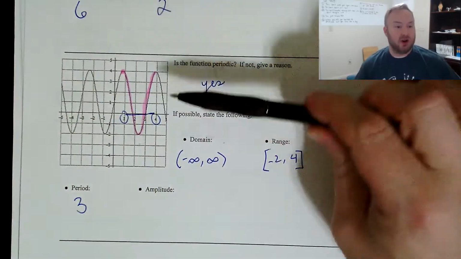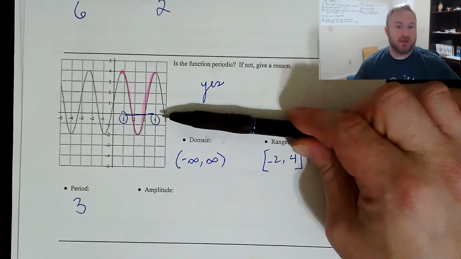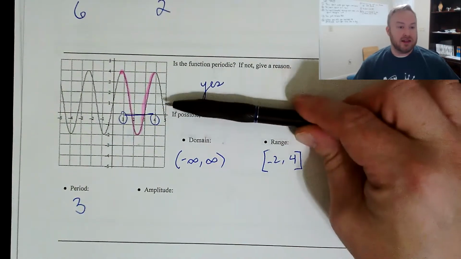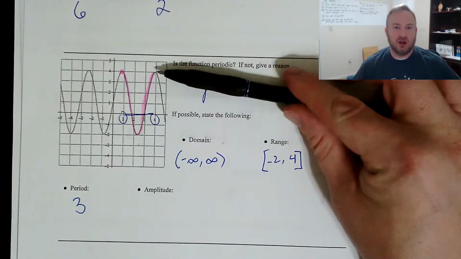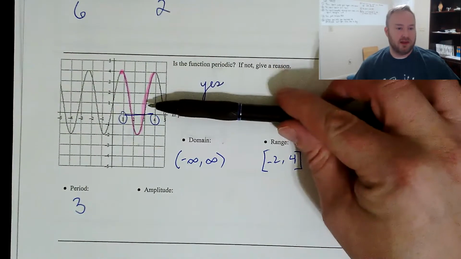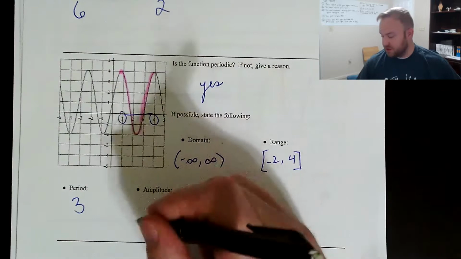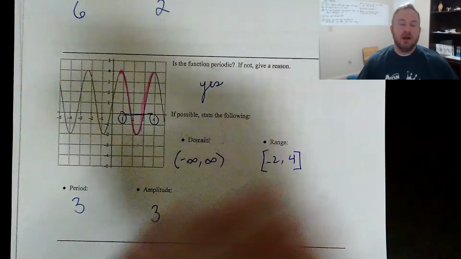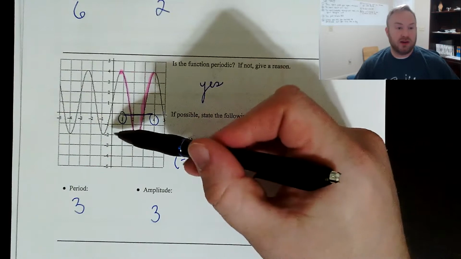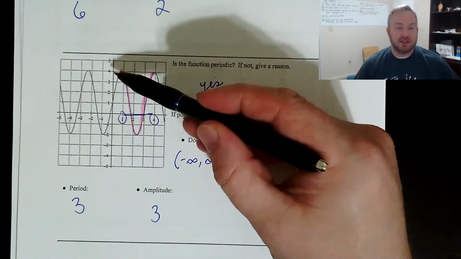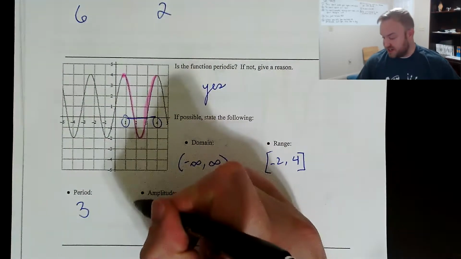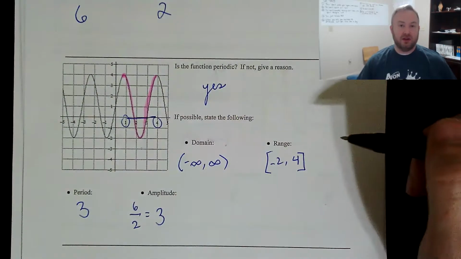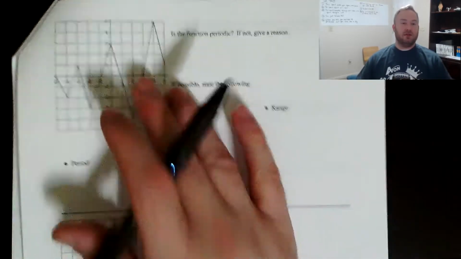As for the amplitude, on this one, the x-axis is not the midline of this graph. The midline is actually 1. If you want to figure out what that midline is and then count to the tallest point, that'll give you your amplitude. Like if my midline's 1, I go up 1, 2, 3, my amplitude is going to be 3. So if you want to do it that way, that's fine. But you might want to just go, okay, the lowest point has a y value of -2, the highest point has a y value of 4. From -2 to 4, that's a distance of 6, and then you want half of that distance, which would be 3, of course.